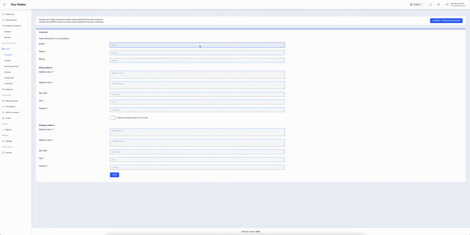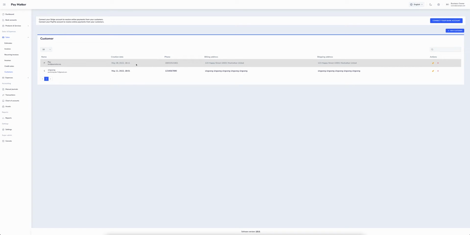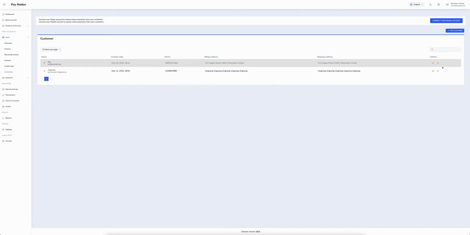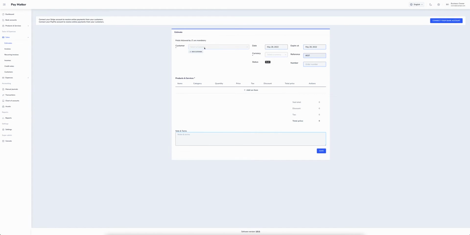Let's add a new customer now. We'll save our customer, and they will populate right here. And as you can see, similar to the products and services, we have a creation date, a phone number, a billing address, shipping address, and we can edit it by clicking on that person, clicking the pencil icon, or hitting the X to delete. Now back to our estimates, we're going to go ahead and once again click Create New